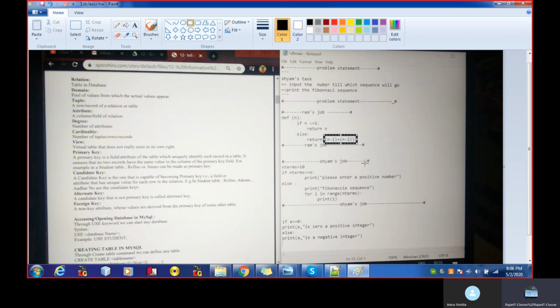I know what this is, I just want to know from you why you used that n minus 1 plus n minus 2. Because there was one more way that I tried, but I was not able to do it, so I searched for some examples in Python for Fibonacci.